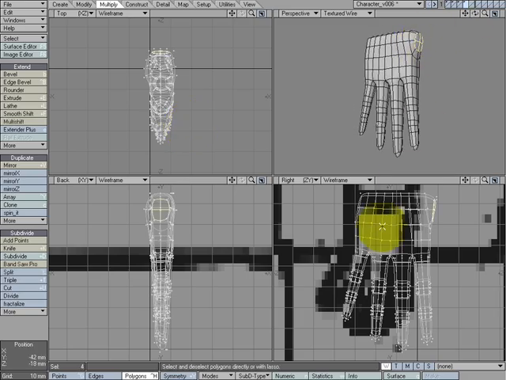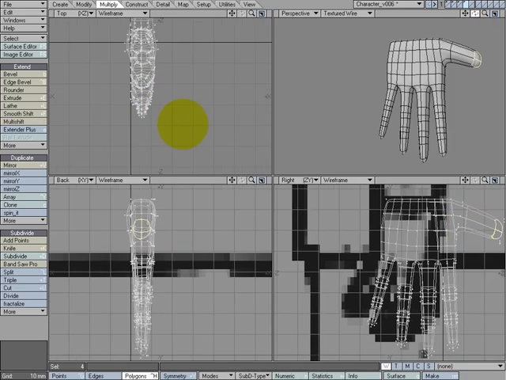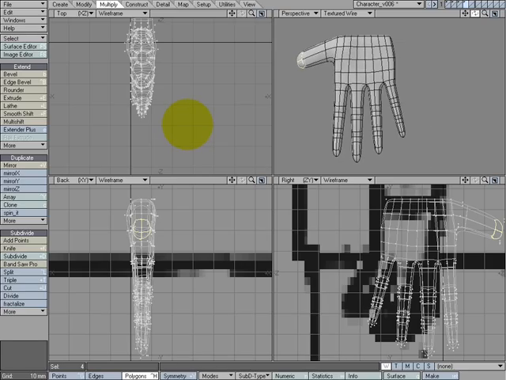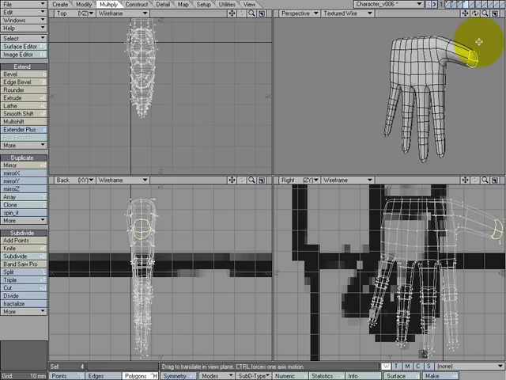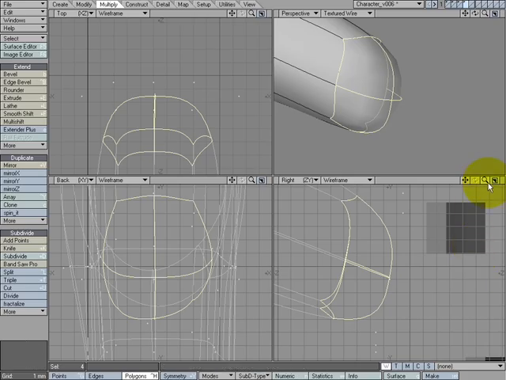I'm going to select these 4 polygons, and rather than using the multi-shift tool, I'm going to hit E for extend plus T for move, and move it out to about, say about there. Okay, so there's my thumb, about there. Okay, so now that I've got my thumb in place, or the start of my thumb I should say,